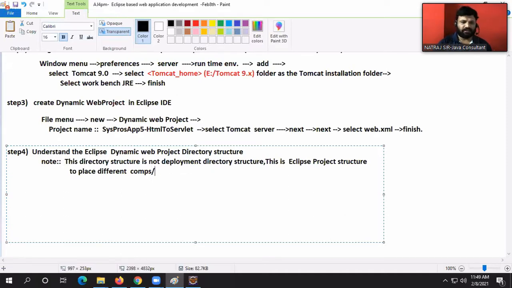When we run this application, the deployment directory structure will be generated dynamically.